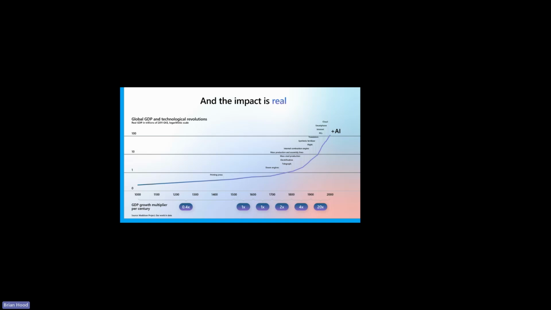So what we've tried to indicate on this page here is just how much change has occurred in the last century in particular. From the mid 1400s with the advent of the printing press, through steam engines, electrification, and even flight only really occurring at the beginning of the 1900s, into AI today. This scale represented by this graph is actually a logarithmic scale, and it's showing the economic impact. So really, in the last 100 years, we've seen 20 times more GDP growth compared to any other century. So it's an era of massive change.